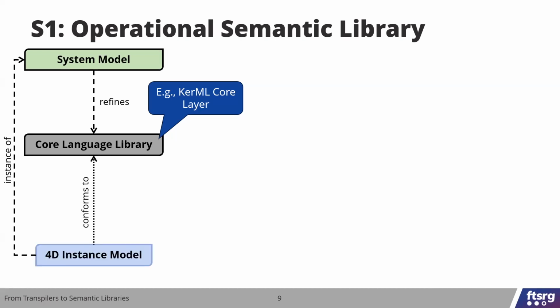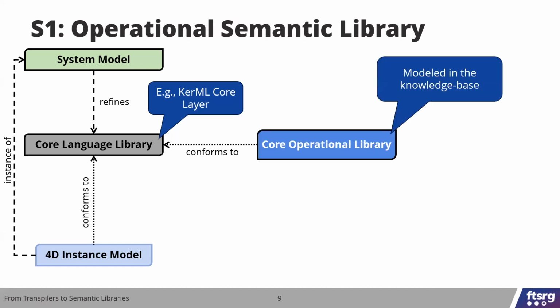And if we instantiate it in the 4D spacetime, it actually further refines the original system model. This is because our execution traces are not just steps, one by one steps. It is actually an instance model of the original system model. It actually is a refinement of that in a specific order.